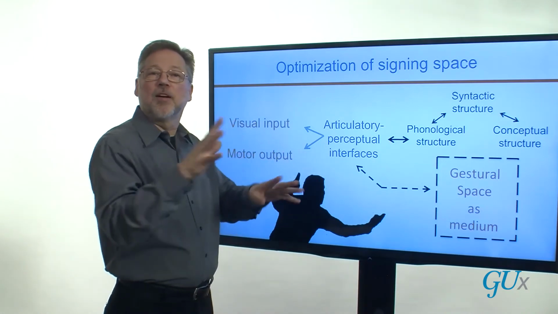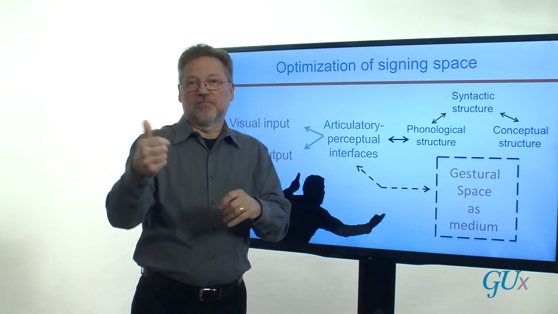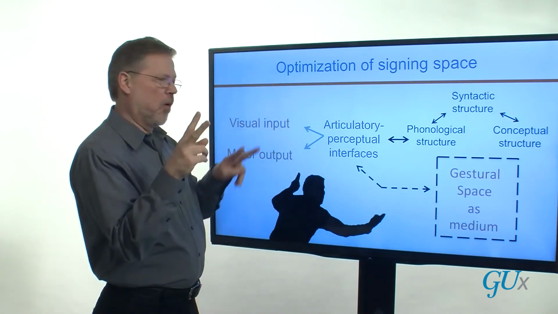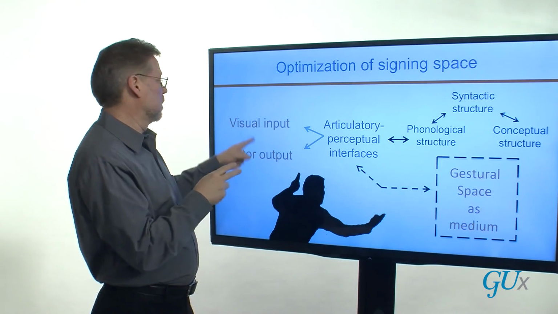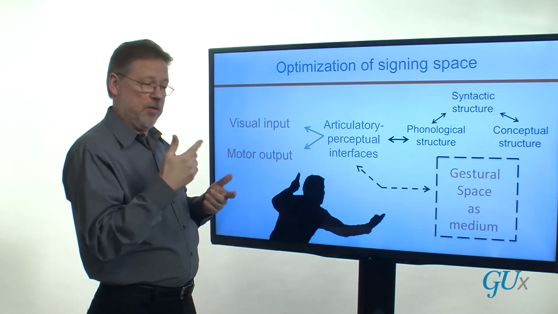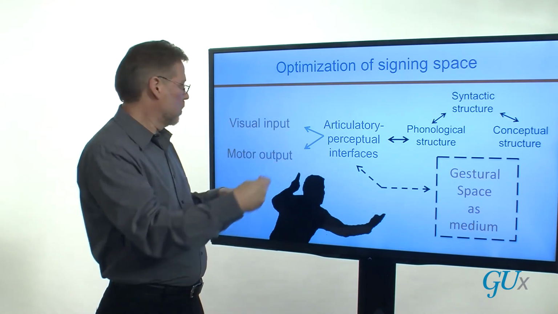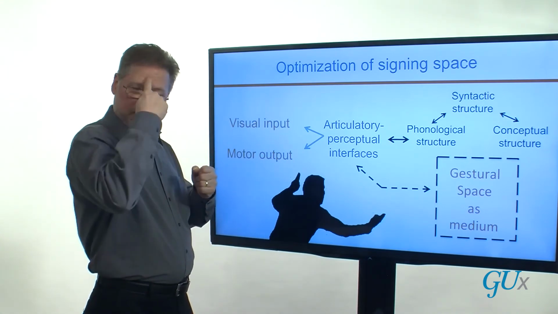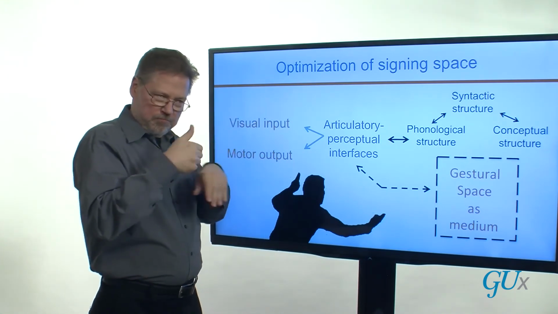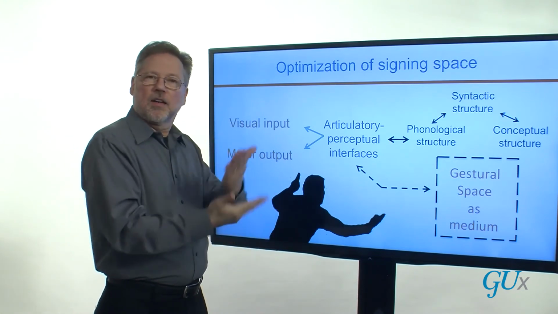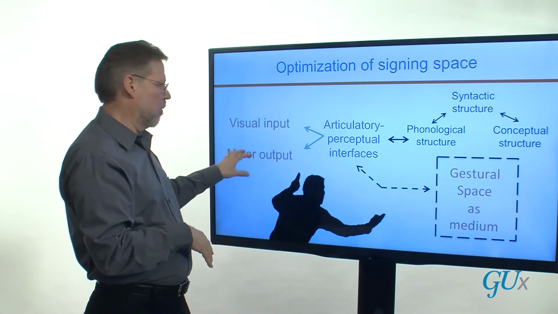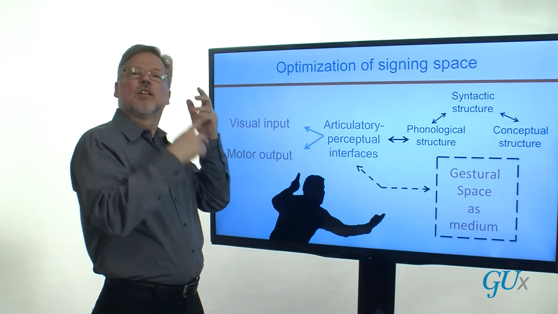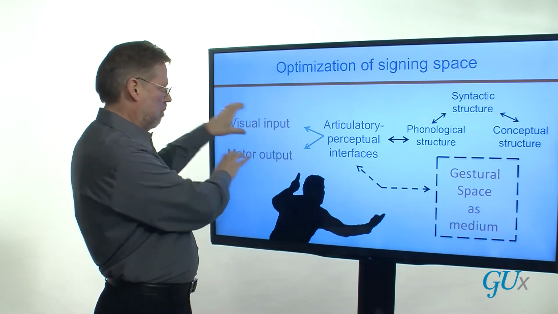Visual languages use space as the primary medium, while spoken languages use space very little, if at all. Sign languages use space a great deal. The interface would include the eyes for input, while the output is motoric. Those bodily movements are also regulated by the left hemisphere, sending messages to the articulators for linguistic output on the hands, while the eyes are relied upon for input, with those messages being sent to the left hemisphere for analysis.